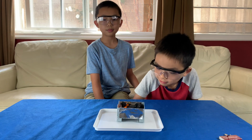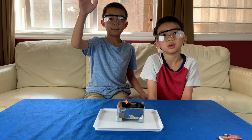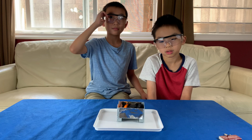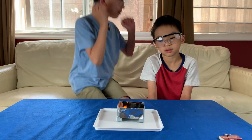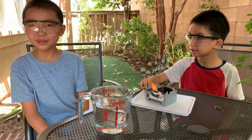Uh-oh. The fire's burning. Whoa, you can see it. Set off the fire alarm. Alright, we're going to bring this outside before it sets off the fire alarm. Right now we are in the backyard and we're waiting for...